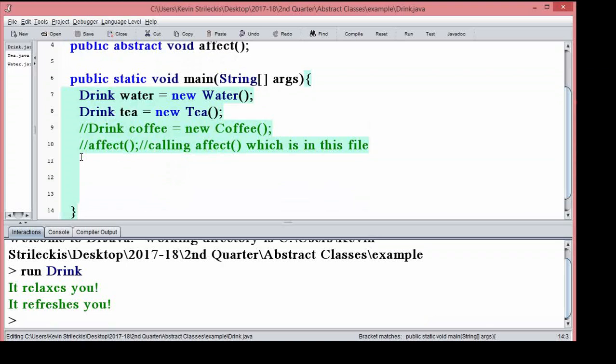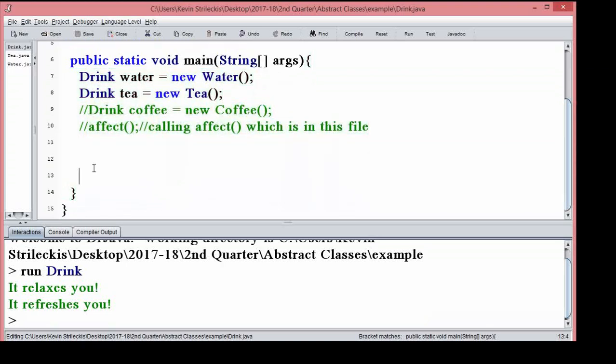Alright, so let's go ahead and get really meticulous now. Because I'm sure you want to see some uses for abstract class. It's not just, oh, it's on the AP exam, so we're going to learn about it because Mr. S says it's time to learn AP, always. No, there is also some use to this. We're going to plan an agenda for consuming these 3 beverages. That's right, we're going to plan out a schedule in case you forget to do things like drink water. Seriously, very useful stuff here.